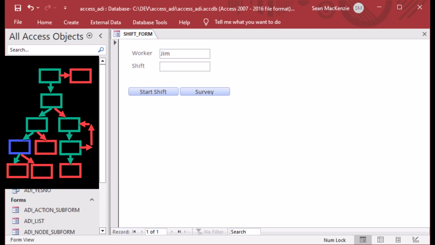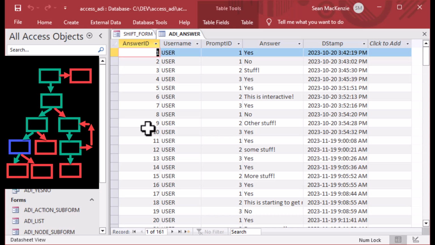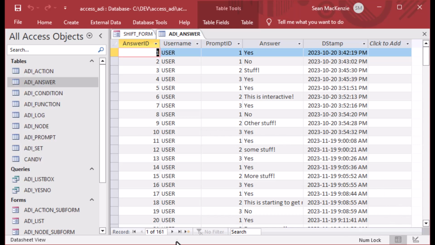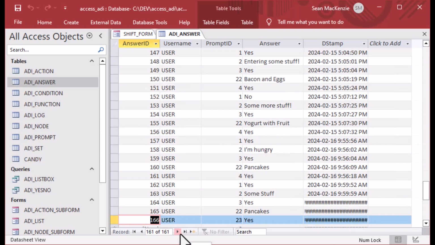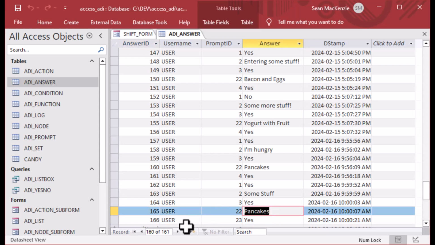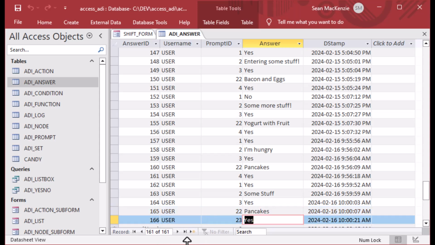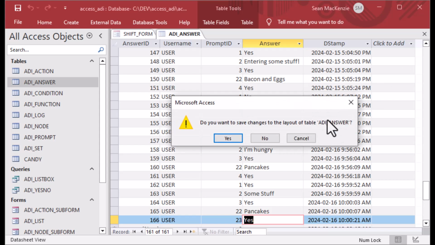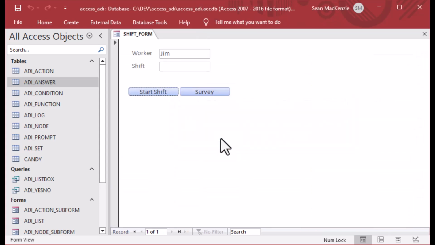As you can see, there's many ways to optimize how you use this as well. So let's go check out our answers here. We can check out our answer table, and we can scroll to the end here, and you can see the answers that we provided to prompts along the way. And yes, there it is. You can see there is our pancake selection from the list dialog, followed by the answer yes to aren't pancakes great. And so you can see that we went down an entirely new path that completes the list dialog for